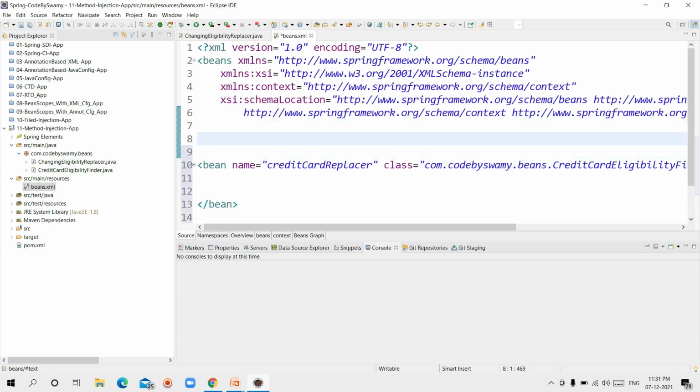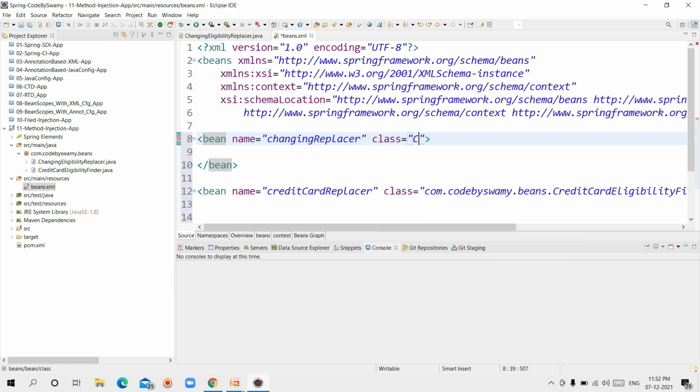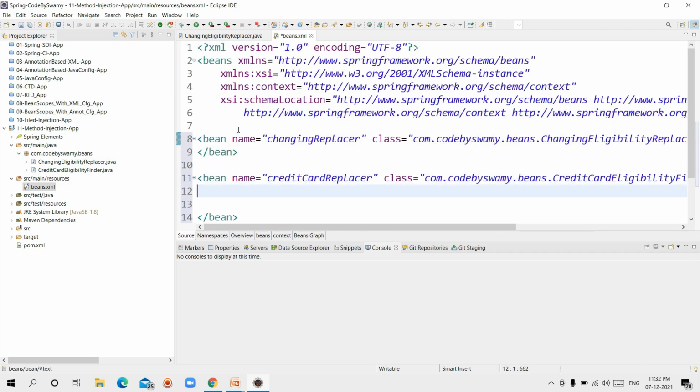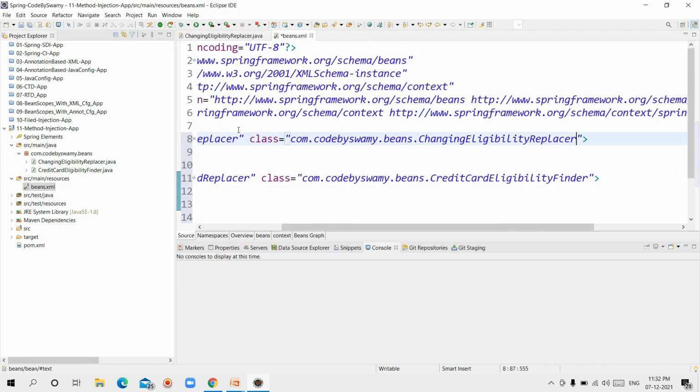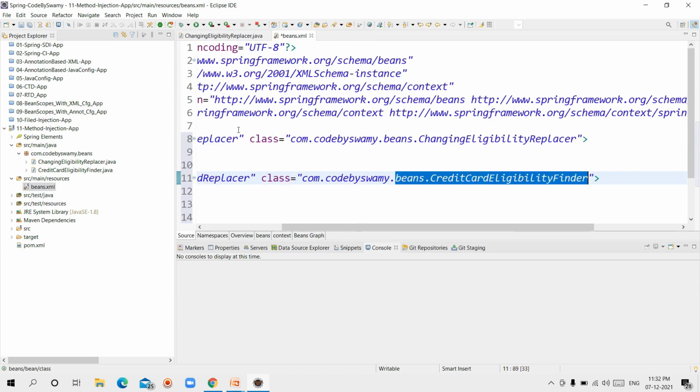This time I want to create a bean, name is changingReplacer, class ChangingEligibilityReplacer. Yes, but I have to inject this replacer into this CreditCardEligibilityFinder.